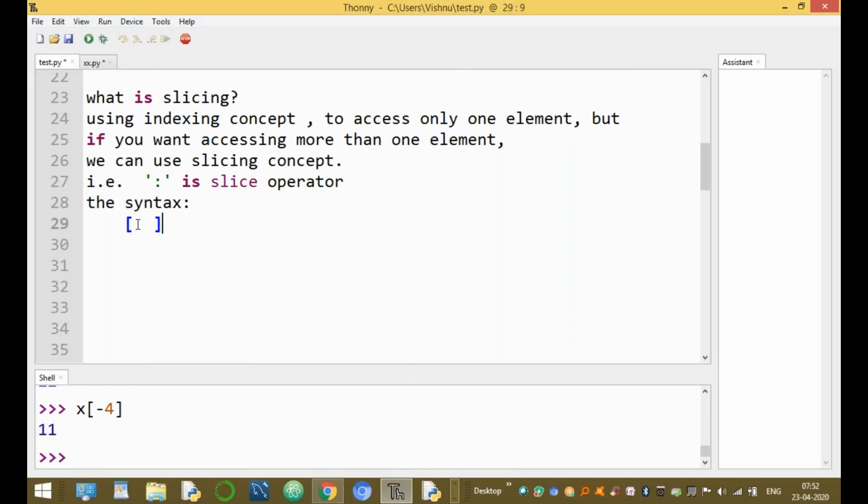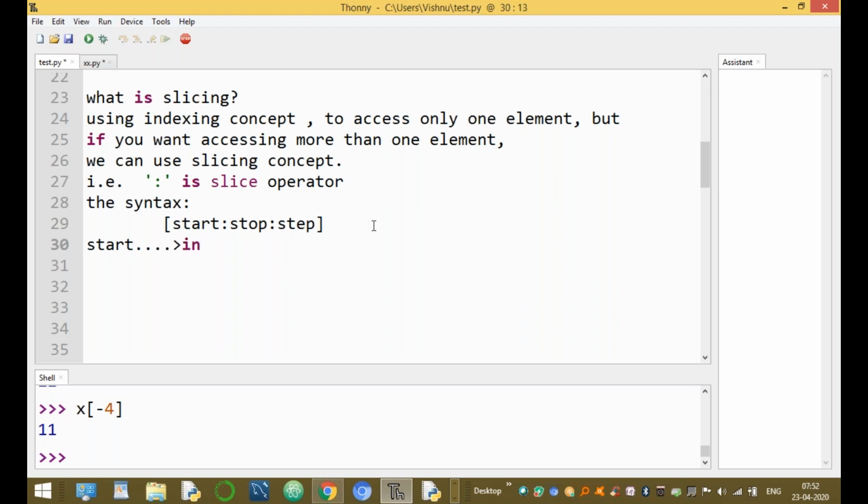Now x value. The index syntax is square bracket. Here we are accessing more than one element. That is the start parameter, stop parameter, and step parameter. In the slice operator, there are three parameters like a range, but not the range function here. It uses three parameters: square bracket, start, stop, and step. What is the value of the start?